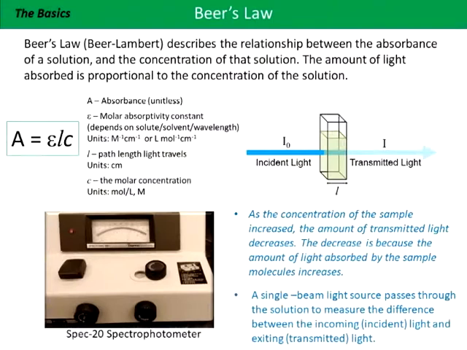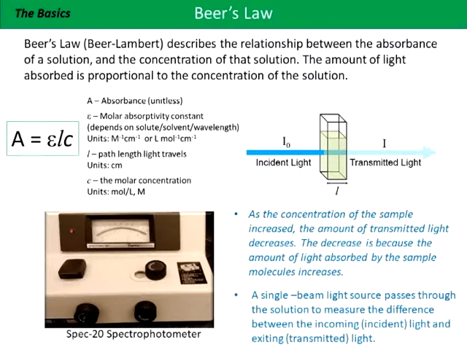Beer's Law, which is also known as Beer-Lambert, describes a relationship between the absorbance of a solution and the concentration of that solution. The amount of light absorbed is proportional to the concentration of the solution. The Beer's Law equation is shown here, where A, absorbance, equals epsilon, the molar absorptivity constant, which is also known as the molar extinction coefficient, multiplied times the path length for the instrument and the concentration of the sample